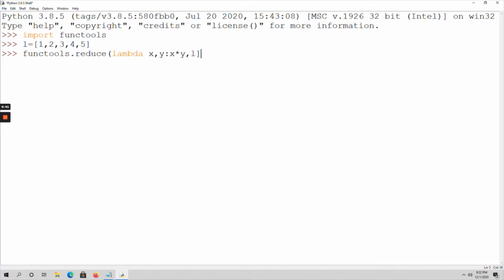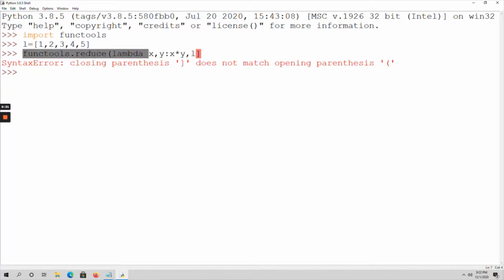If you press enter, sorry, here I have used square brackets, syntax error. Okay, if you press enter, the output is 120.